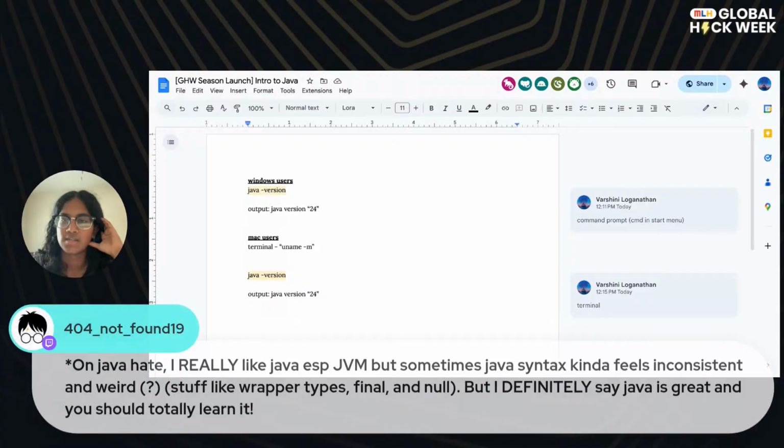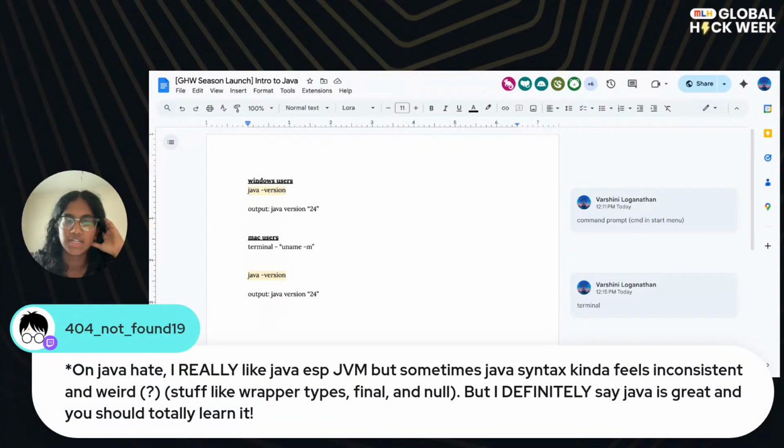Yay, perfect. On Java, hey, I really like Java. Yeah, no, I agree with that. Java syntax is kind of annoying sometimes. I personally find the semicolon really annoying because you can't do anything without the semicolon at the end and it breaks everything if you don't have it. But Java is great. It just has some bugs and growing pains, but that's true of every language.